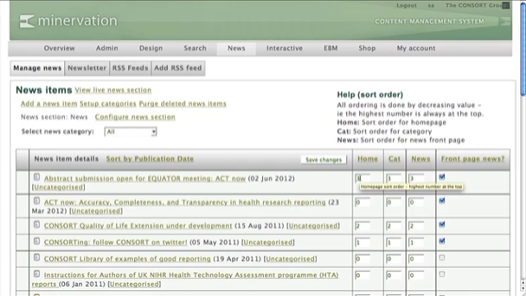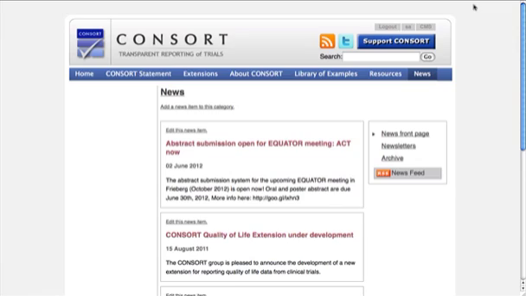Now I think the website doesn't use categories, let's just check that, no. You don't have different categories of news items within your news section, but that option exists for you if you wanted to use it. How that would then look would be you could then have, for example, we could set it up with a left-hand menu for conferences, for updates to the Consort statement, or whatever else you wanted. Sorry, you've got it over here. Adding a category would add an option to that menu there. So that option exists